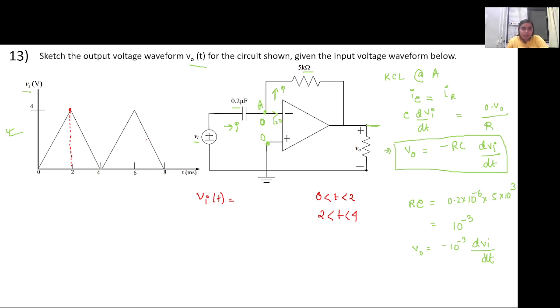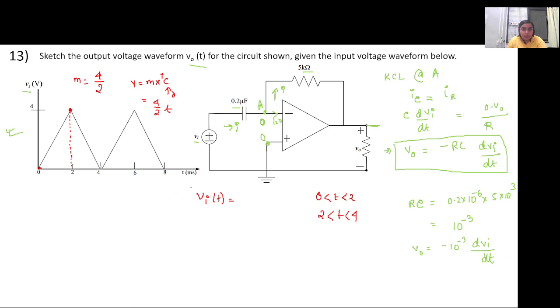So between 0 to 2, it is a straight line, right? And what is the slope? The slope is 4 by 2. So if I write in terms of y equal to mx plus c, the intercept here is 0. It will be only 4 by 2 into x. In this case, x is t. In the x-axis, it is t. So this is equal to,